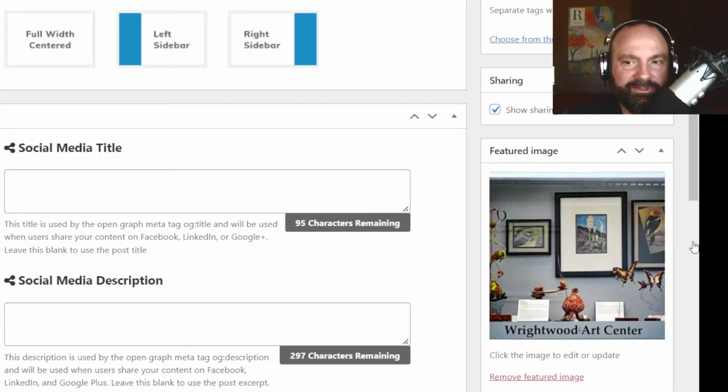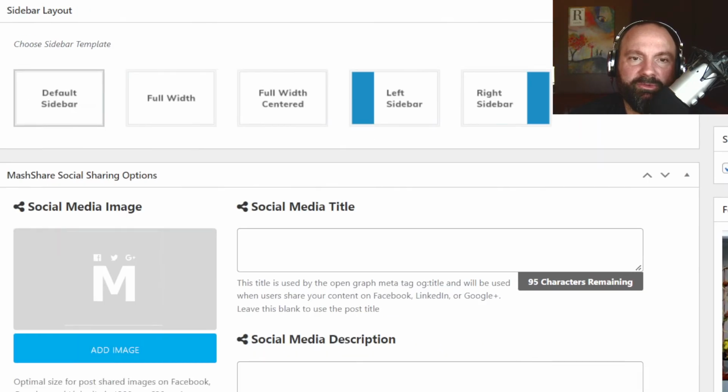And that's all there is to it. It pops up right there. That is your featured image for the post. Now, if we want to add